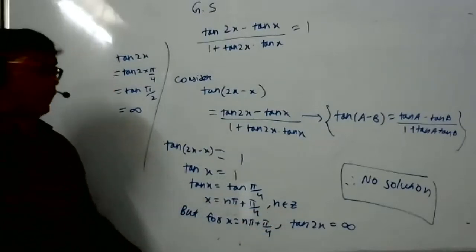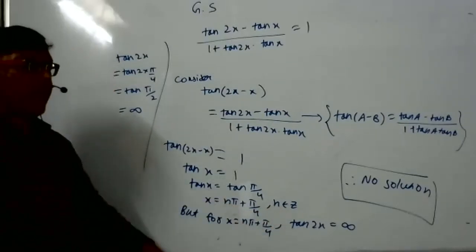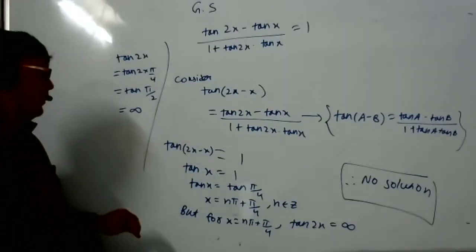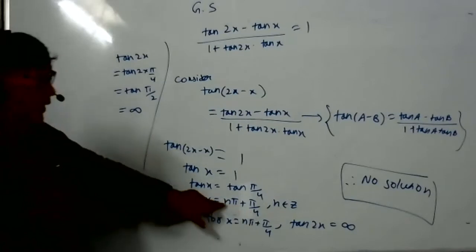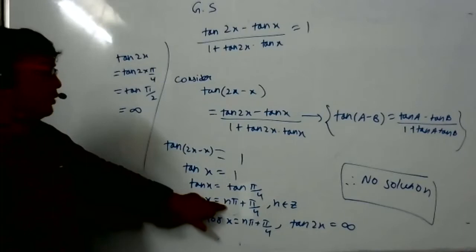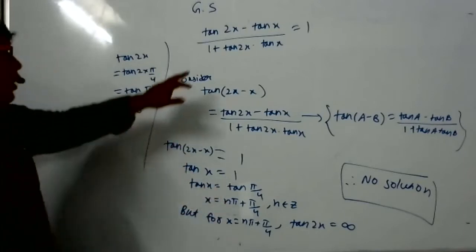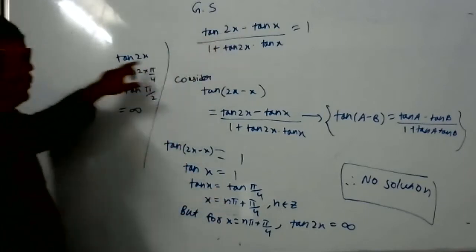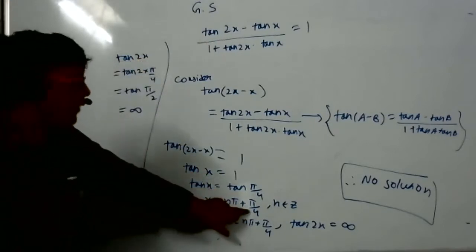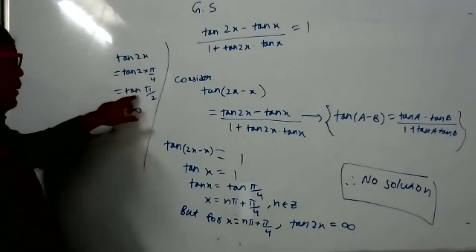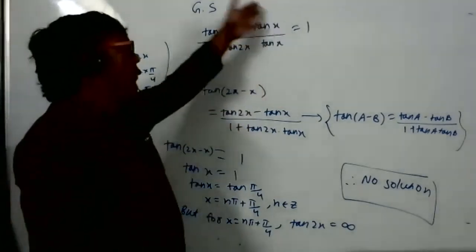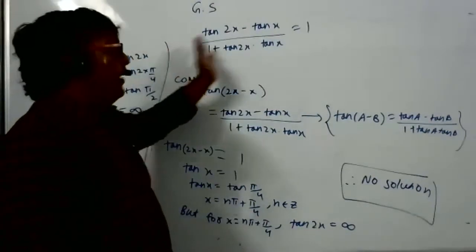So this is the answer, but we have to be careful. Just now I was telling you that whether the answer we got is feasible or possible or not. Because when you put any value, 1, 2, 3, 4, minus 1, 2, 3, 4, 0 also. Suppose in the question one term is tan 2x. If you take tan 2x and in the place of x put pi by 4, this will become tan pi by 2, which is infinity. So now the left hand side will become infinity or not defined, and the right hand side is 1.